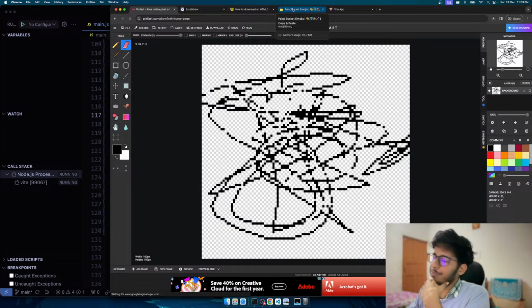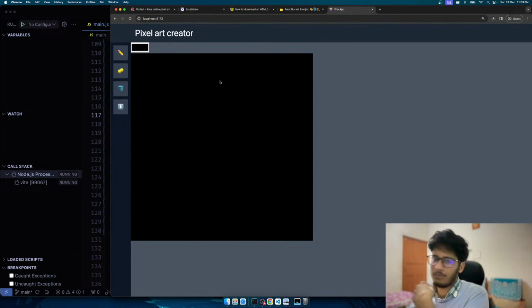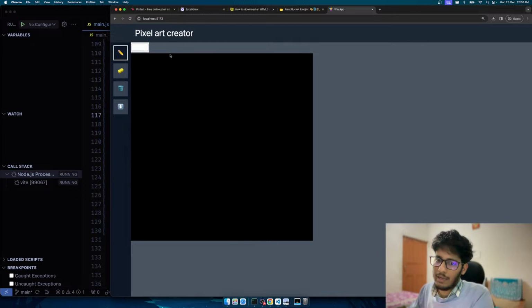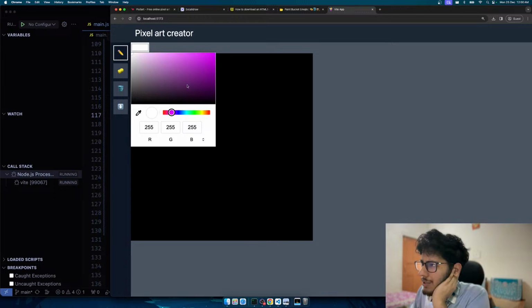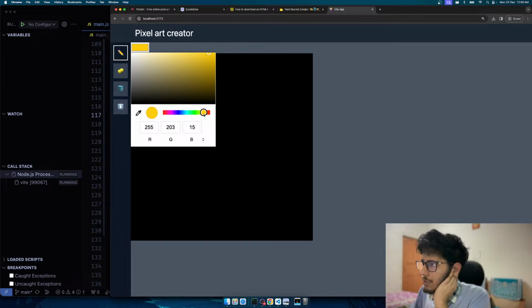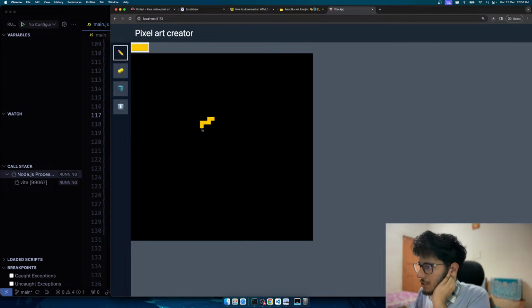And we have created a very similar thing over here. So we have a pencil tool where we can select a color and let's draw something. This is so cool. We have created this where you can draw stuff. So let's draw a person with like a yellow hair, something like that, and then